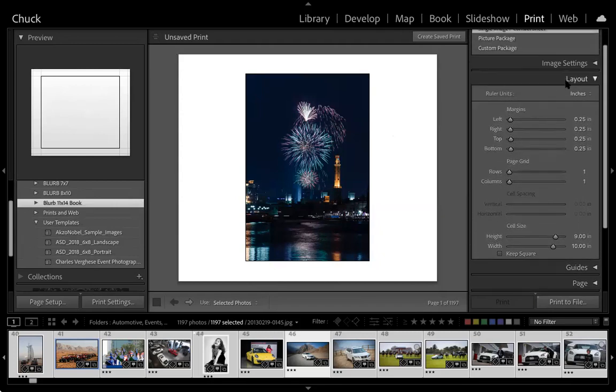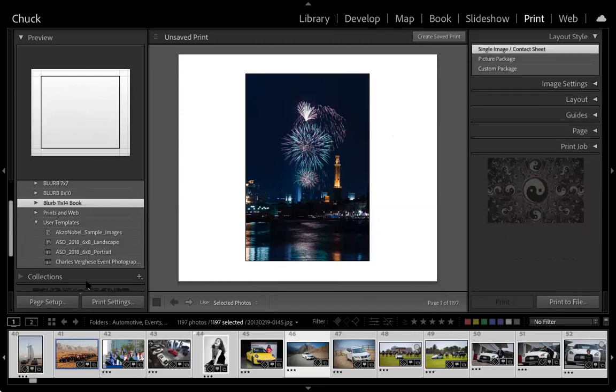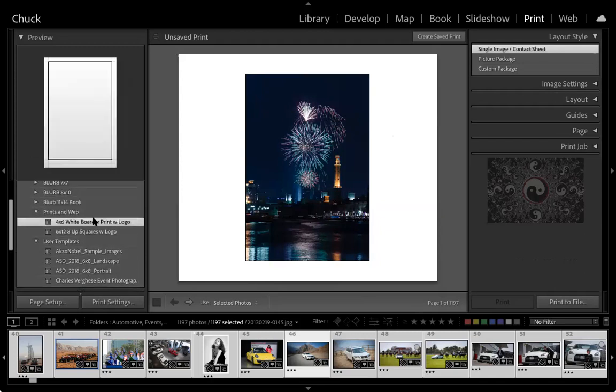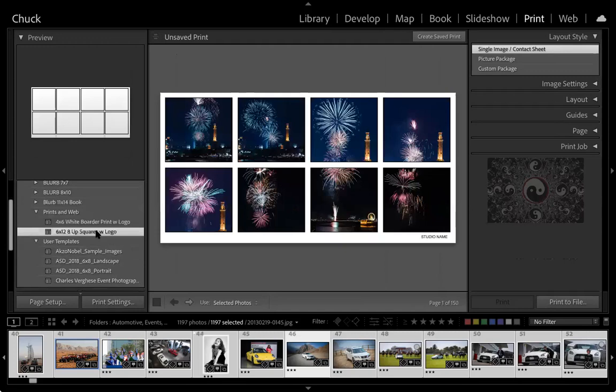No. Yeah, this is much better. So this is on the second page. Can I just sort of